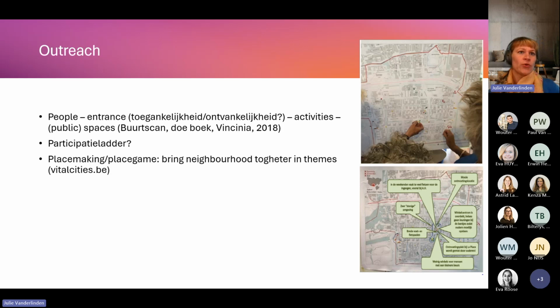Buurtscan is an example of an exercise there. The word is actually self-explanatory. It's a scan of the neighborhood. Here you see on the right-hand side, it's participatory research in the Brussels area, where you have a map of the area, and there you can just see, okay, where are organizations I can target, where are bodies of formal organizations regarding health or welfare located, where are public organizations settled, let's say a library or a cultural center or a community center, where I can just go to and have my explanation done,